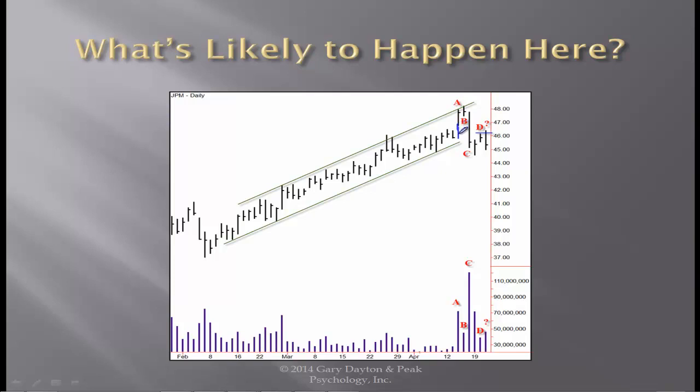Okay, so if we drew an imaginary line like that in there, suddenly what does the spread look like? It's a widespread bar, right? So we have a widespread up bar,